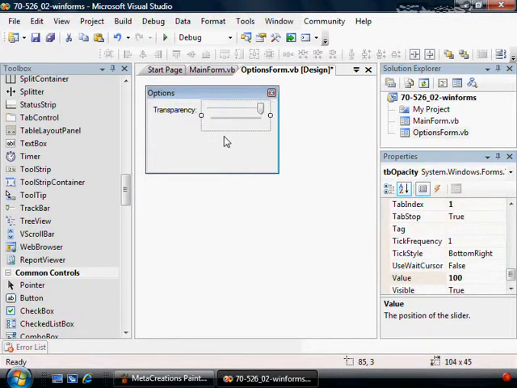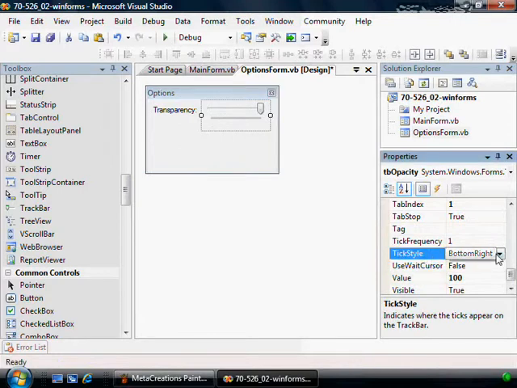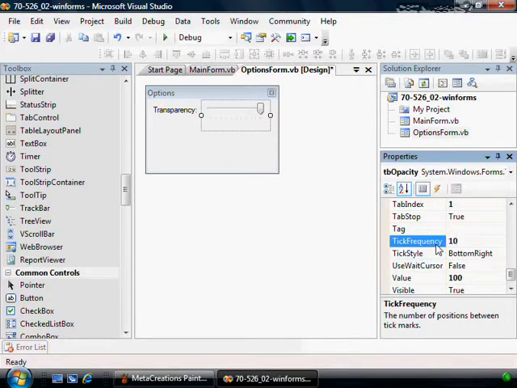Another thing we can do is see these ticks down here. We can actually change this. How about to 10 is our tick frequency. Now there'll only be